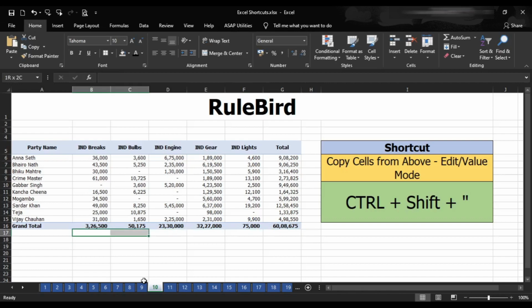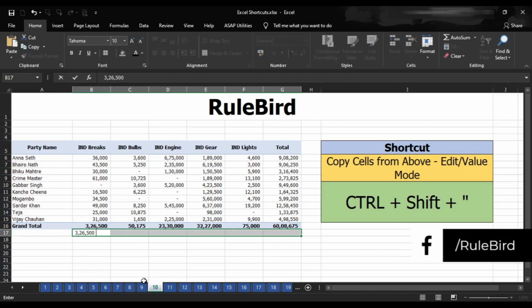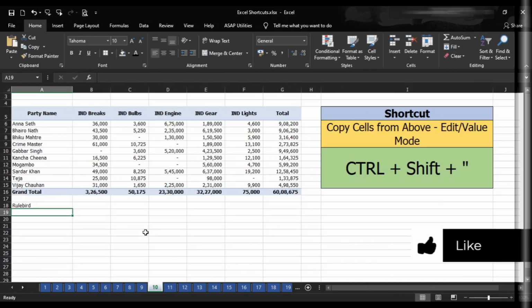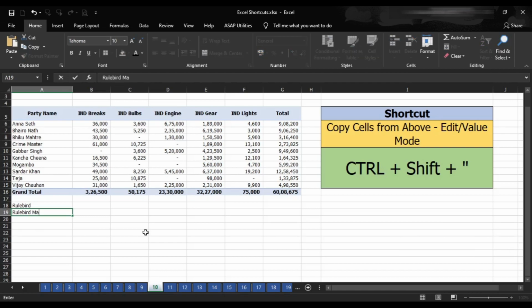Here we have to remember that earlier we selected the entire content and pressed Control D, so it was copied down here, but in this case it will not be done. If you press Control Shift and quotation mark, it will just copy the first cell, it will not copy the second cell. So I can do it like this, just press Control Shift and quotation mark, so it will be in edit mode and you can edit the details.